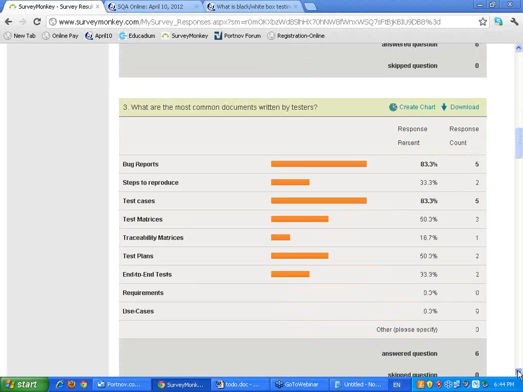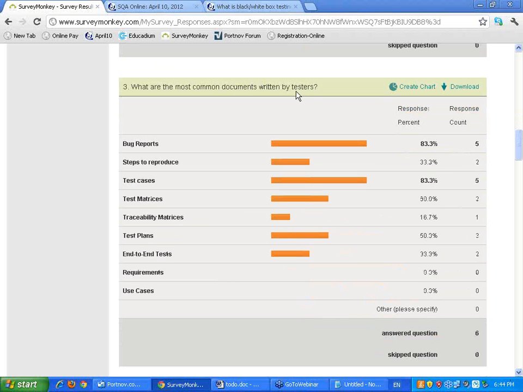Okay, what are the most common documents written by testers? Bug reports, absolutely. Steps to reproduce is not a document. Guys, 33%. It's not a document. Test cases, good. Test matrices, absolutely. We write test matrices. Traceability matrices. Traceability matrices are